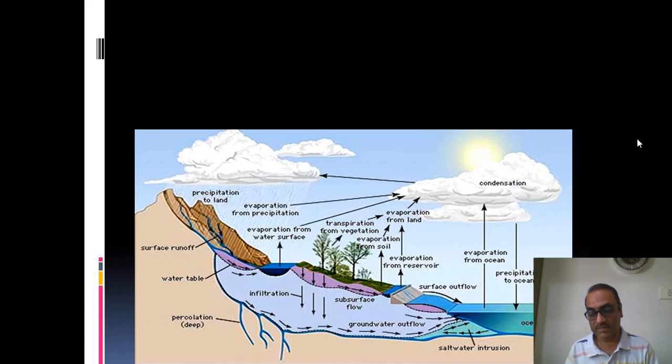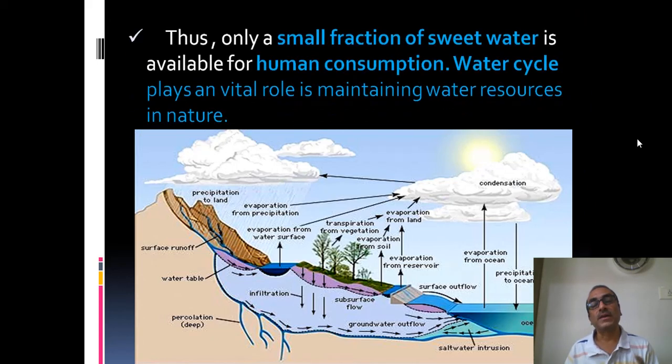Now this water resource is a renewable resource because it is continuously being replenished in the form of the water cycle. What is the water cycle? Let us look into that. You might have studied before in lower classes that the water from the surface of the oceans and seas as well as from the rivers evaporates, and the evaporated water, as we know, contains only H2O, that is pure water, and these water vapors in gaseous form, when they reach the troposphere around 6 to 10 kilometers above sea level,